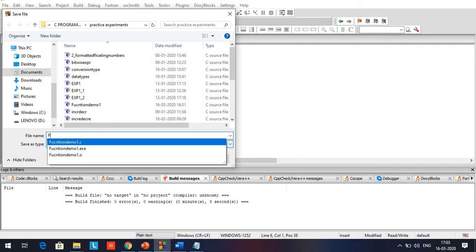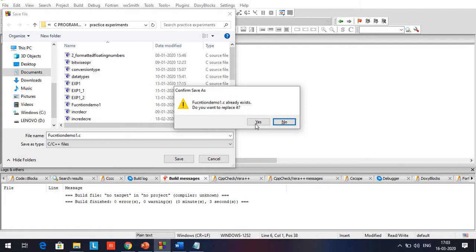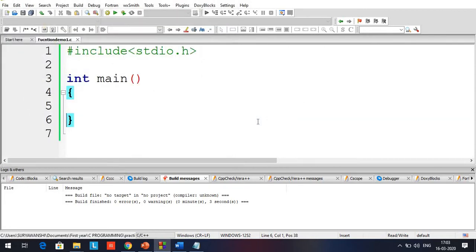function1.c. Extremely sorry, I already have this file with me. Okay, so here I have the basic structure of my C program, and here I'll be writing a program using